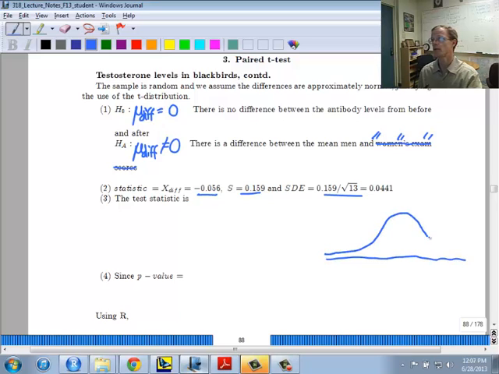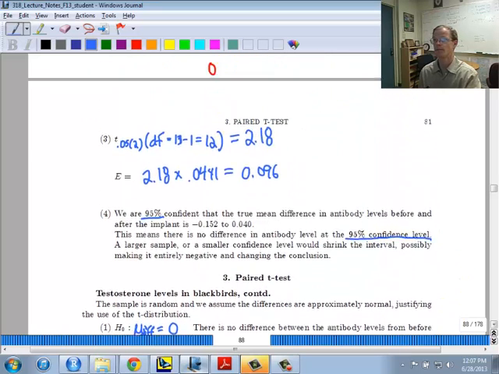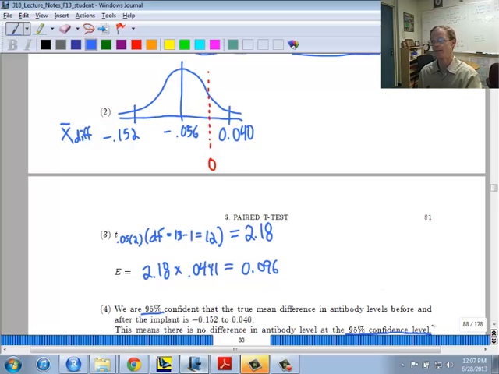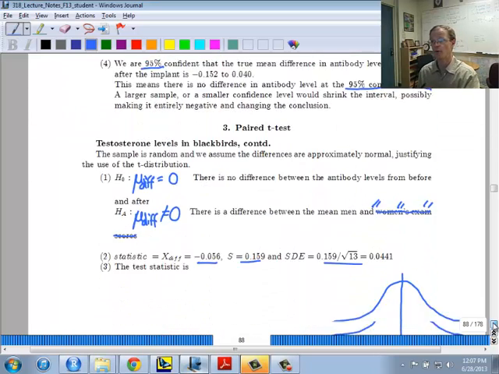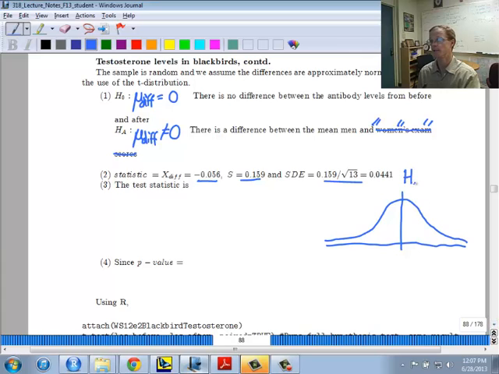Same looking bell curve, but its center is different than the confidence interval center, okay, which was at the statistic. For hypothesis tests, the center is always at the assumed value from the null. So this is the null distribution. The center is at 0. So we're looking at x bar diff assumed to be at 0. And we're interested in the t-scores. So the test statistic is t